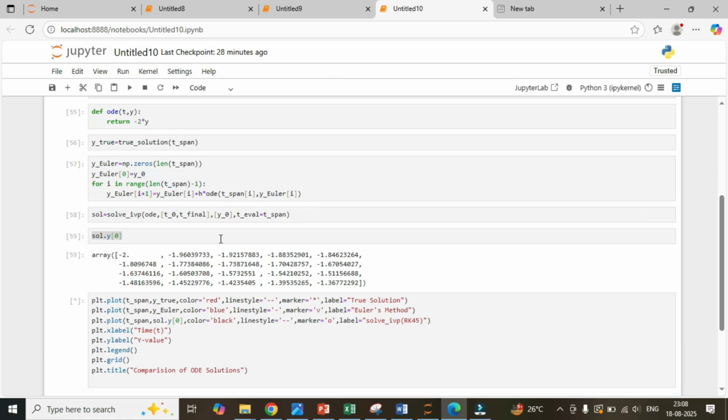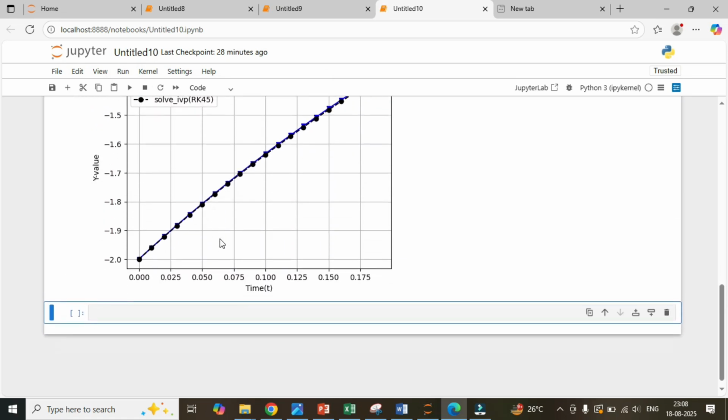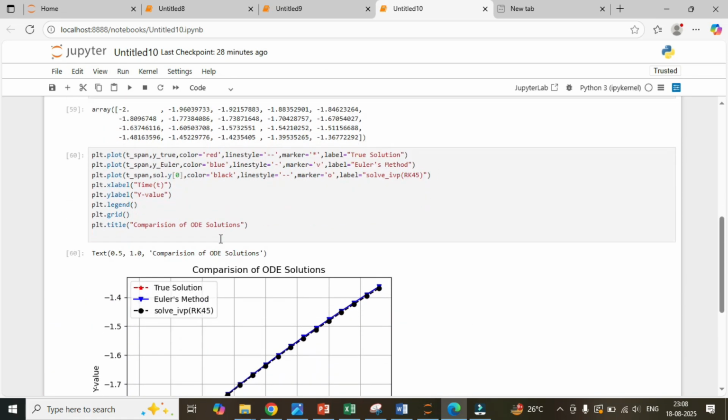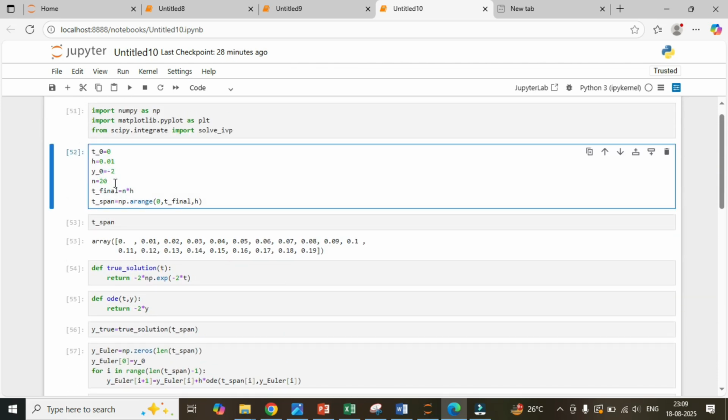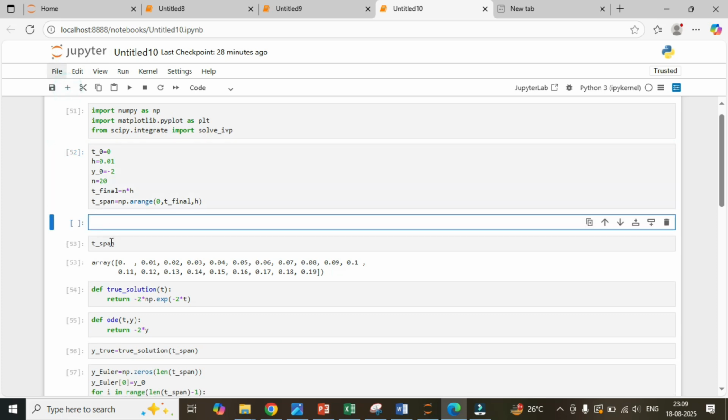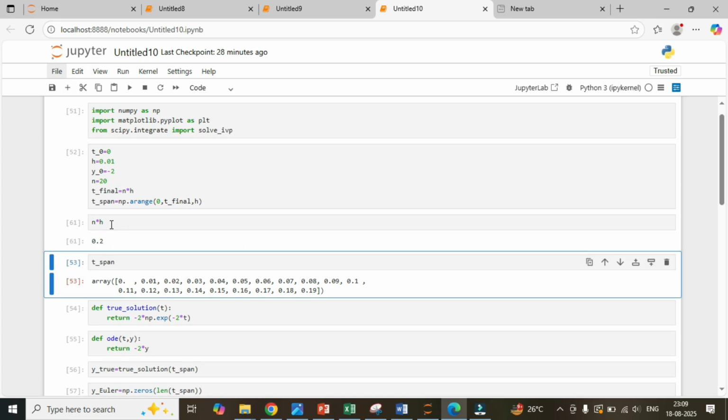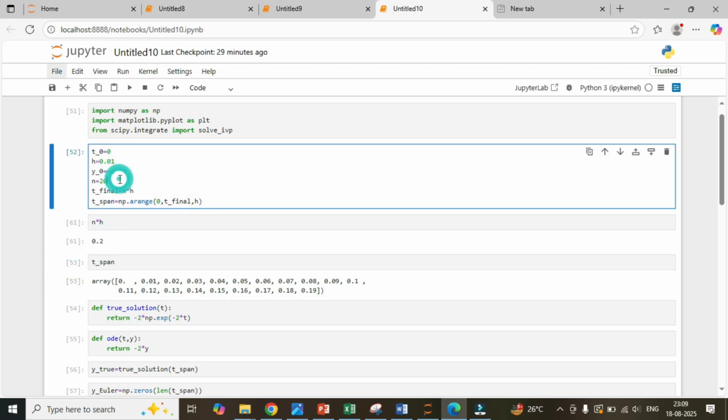Again you can check all the lines are merged here, but the thing is it becomes a straight line because my final value is decreased. So now you can check here n multiplied by h is a very low value, only 0.2. For that I can increase the number of data points, then give 200 and run all cells,